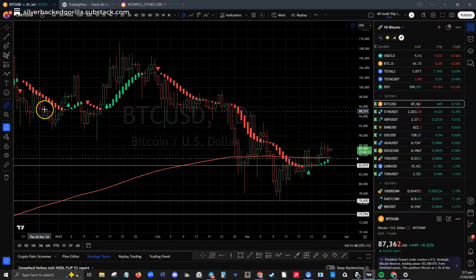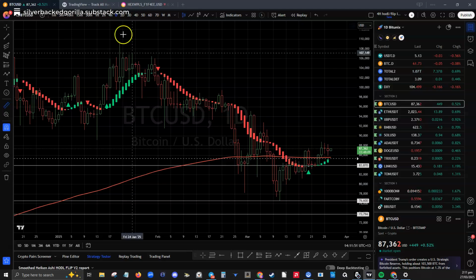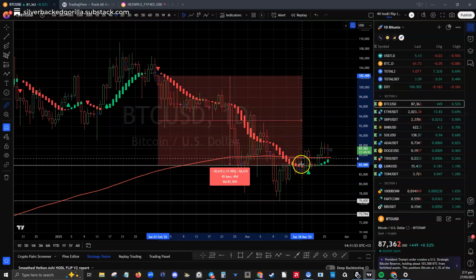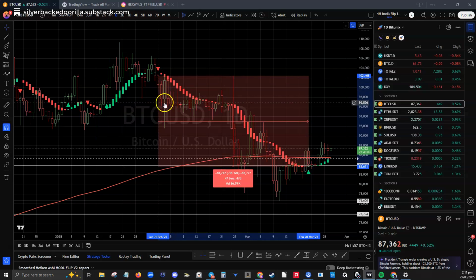Like the last, for example, here I'm on Bitcoin at the moment on the 1 day. It's the last signal we got of a change of trend, and you can see it did follow, even though it's all over the place. This smooth one here ended up starting at one place and ending up at the other. And that was 47 days and 18.34%, that you'd want to know about, whether you are holding BTC spot and you could have just stepped out for 47 days and sat in USD and then entered back in here. You would have 18.34% more Bitcoin if you love spot Bitcoin so much.